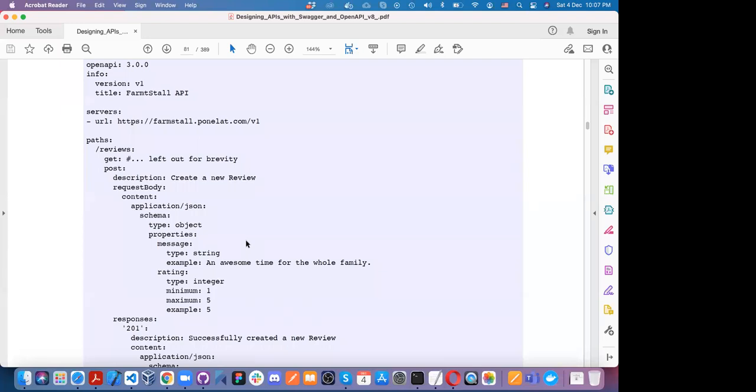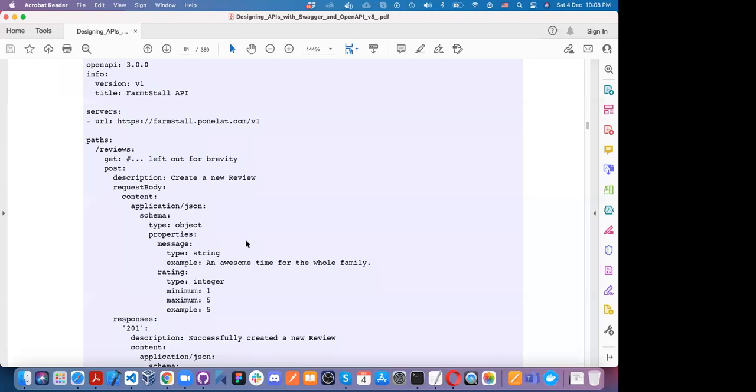For example, there is a request body, because this time we are not using the get request, we are using a post request. In the post request, we provide a set of details, and those details are processed at the server. And when the server processes each and every detail in the form of JSON, it will return a response. So in the post, there is a request body which contains the content, schema, and different properties and every detail, as well as the response.